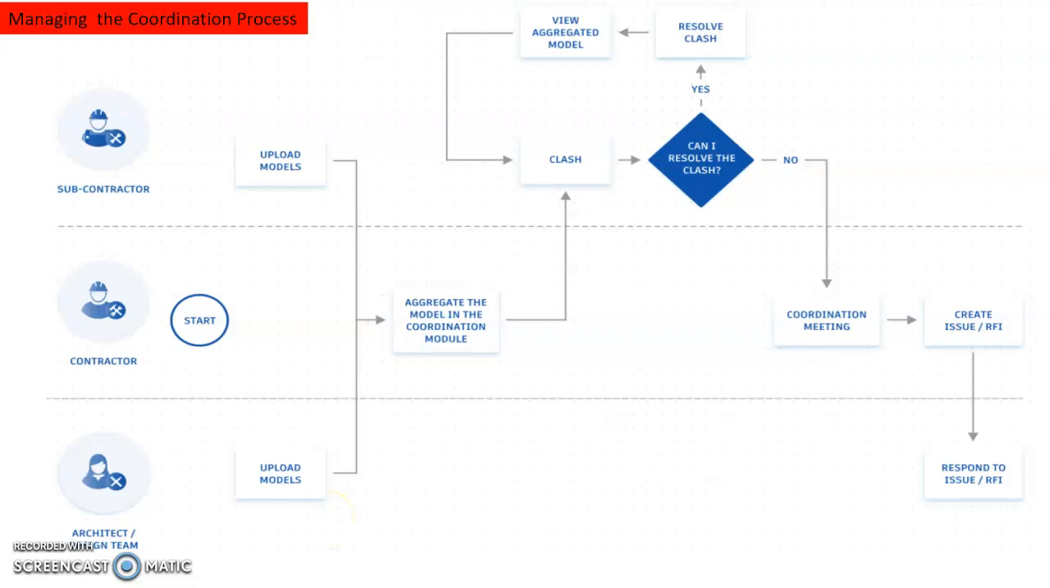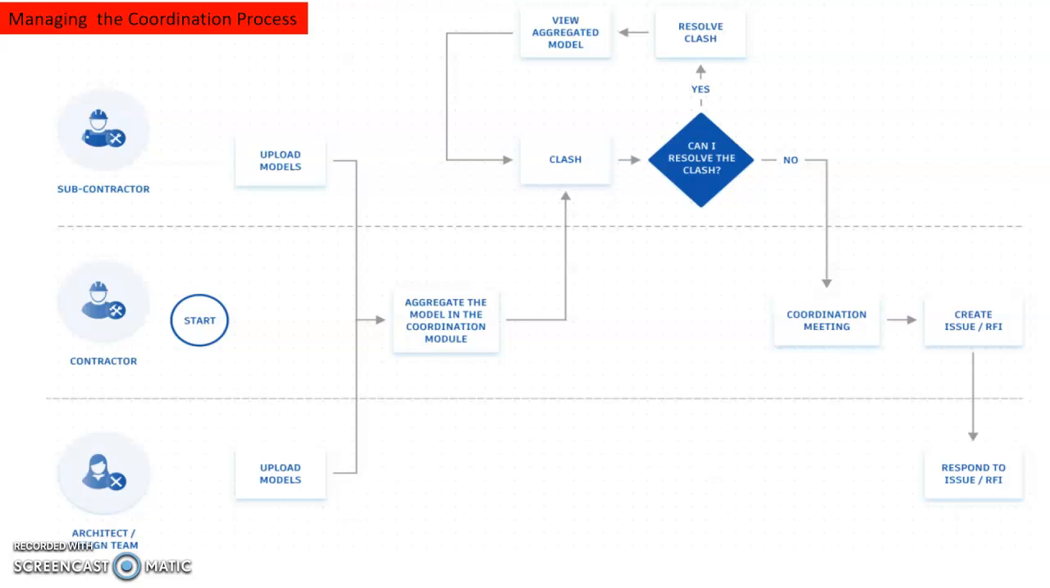In terms of managing the coordination process, the contractor will have to play a leading role, in a sense that the contractor will need to obtain the different models from the design team as well as from his subcontractors, right? So once he has the different models from the different design trades and the different subcontractor trades, he will need to combine all these models together into what we call the coordination model. And the coordination model will allow